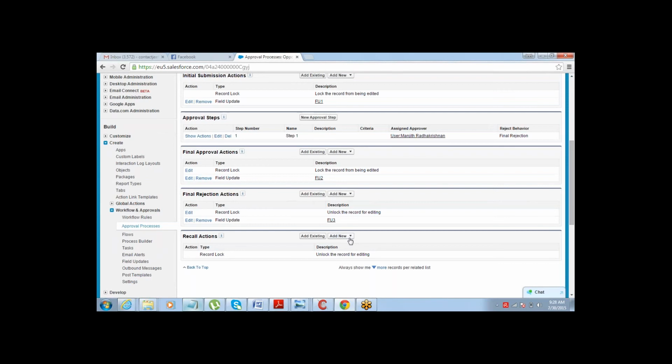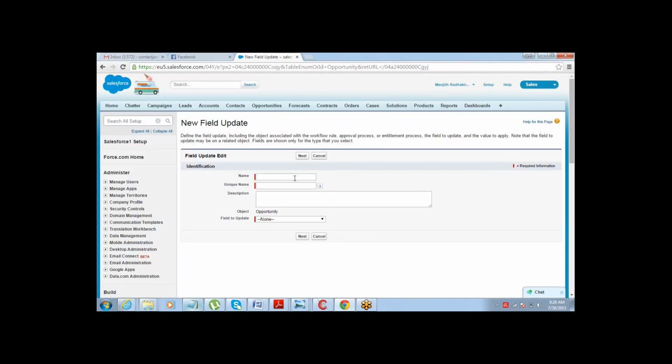And for recall action, make it recalled.